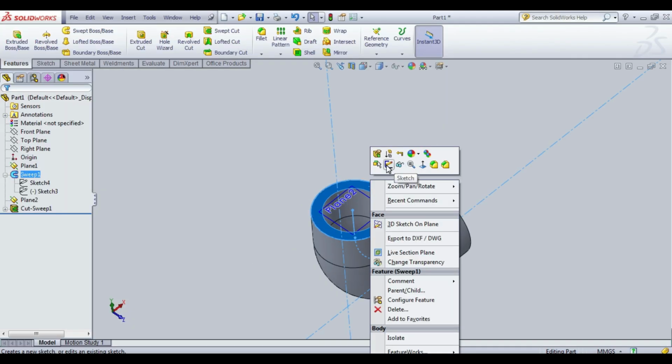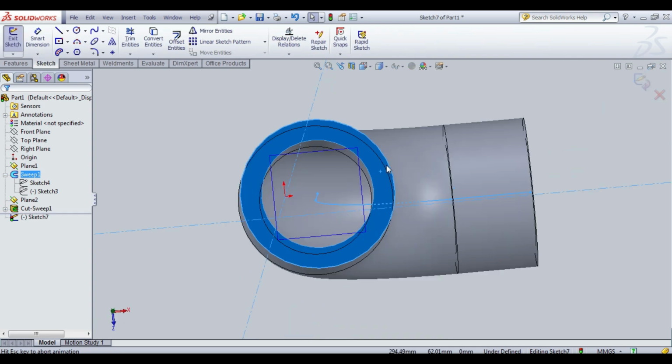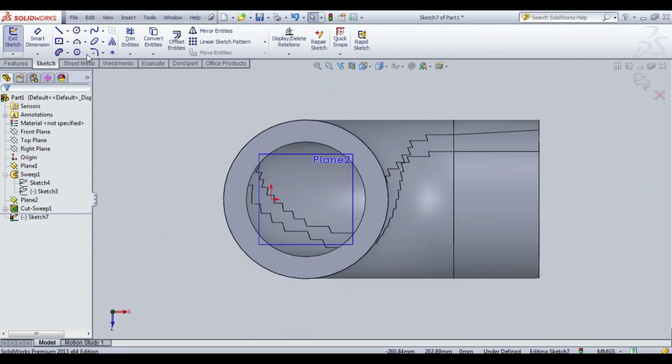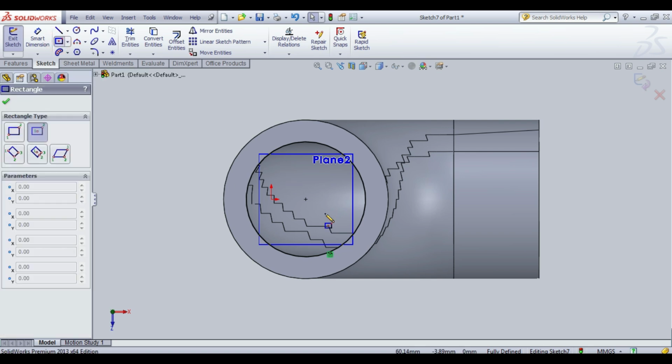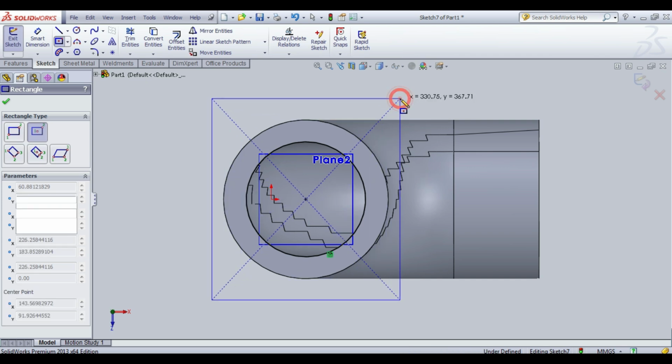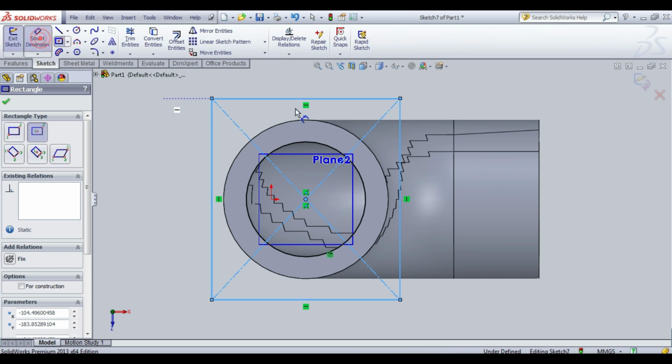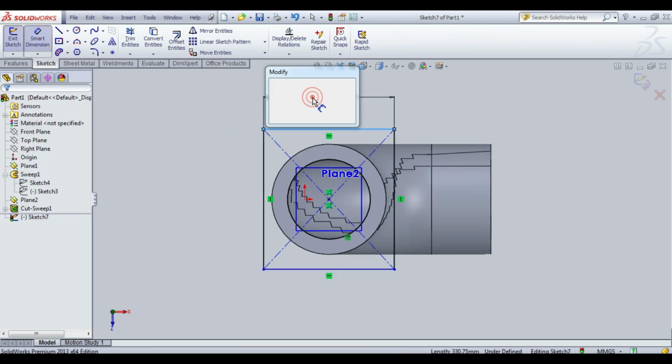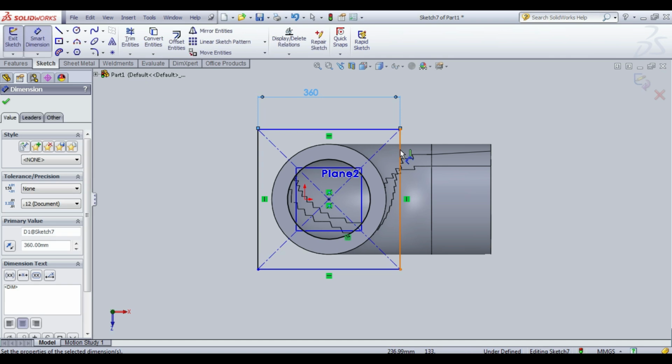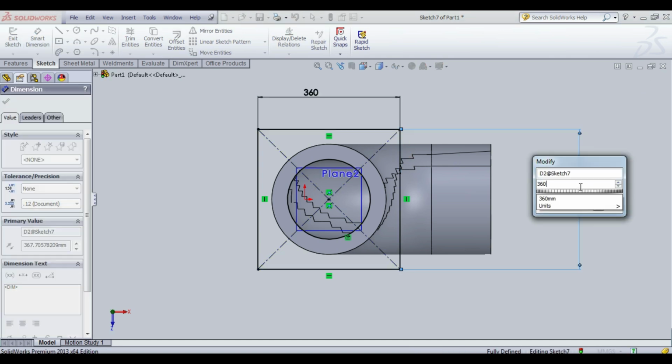Right click. Sketch. First, you click the circle and click on convert entities. After that, click the center point rectangular. Click on this circle center point. After that, we give the dimension 360. This also 360.